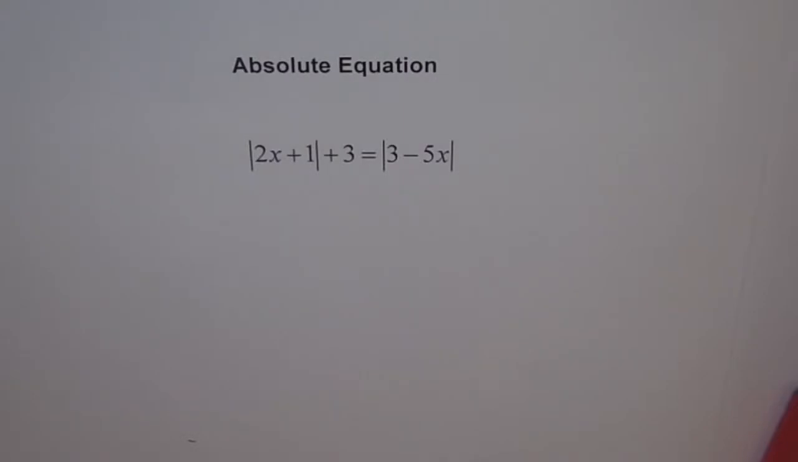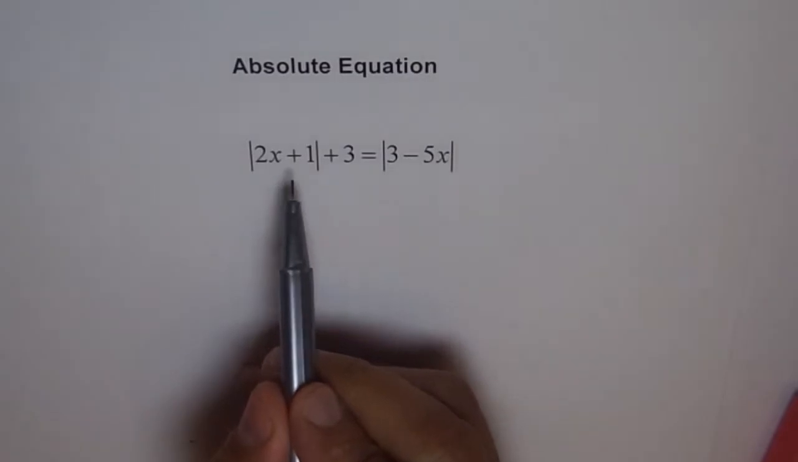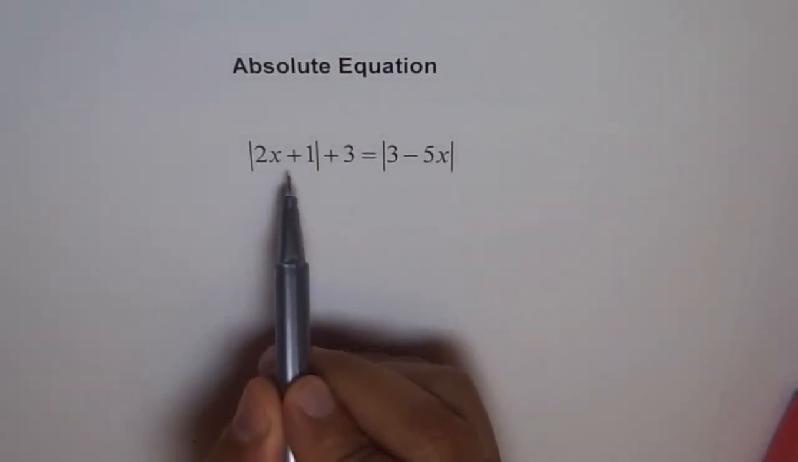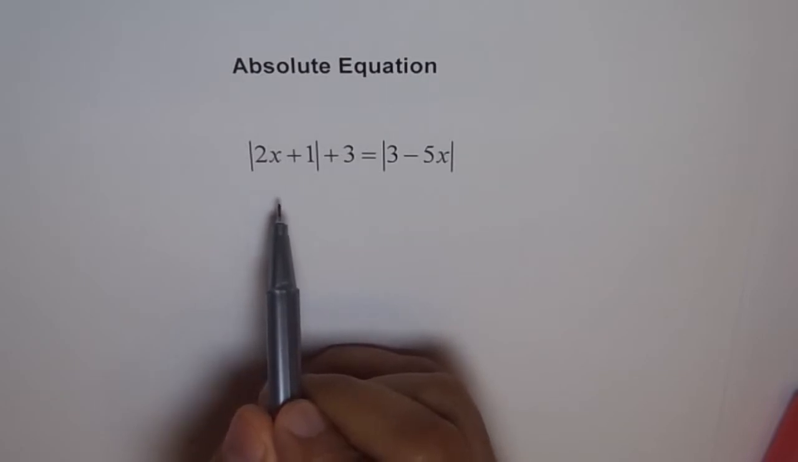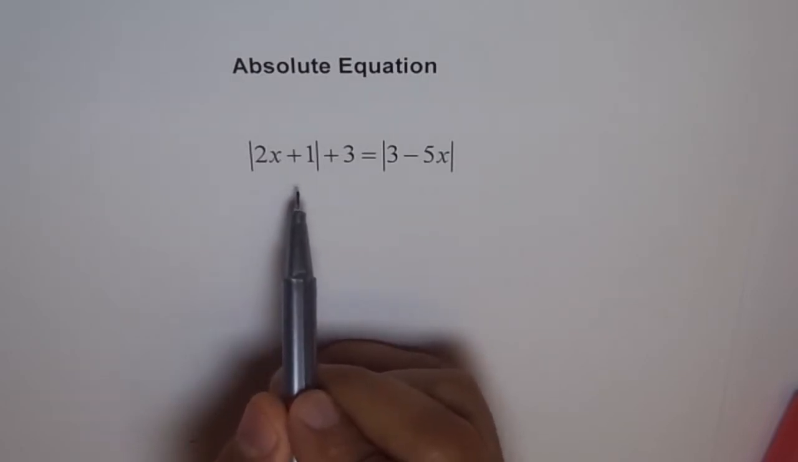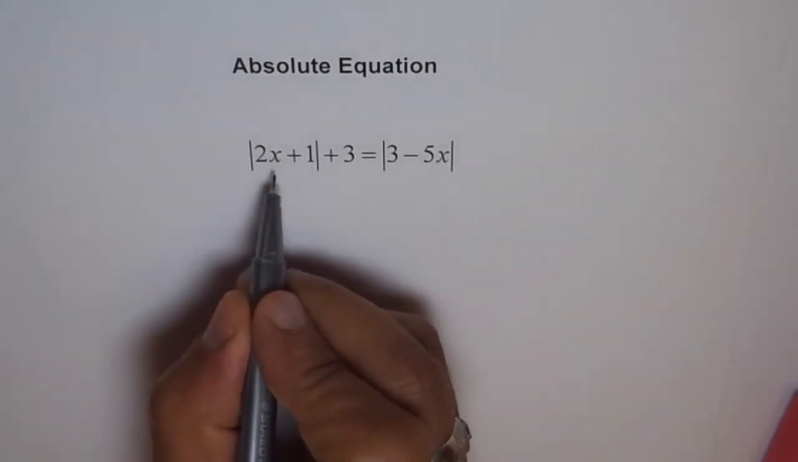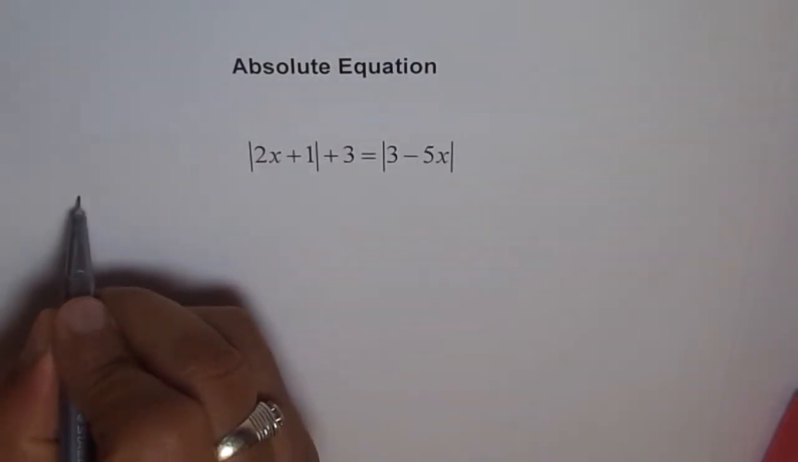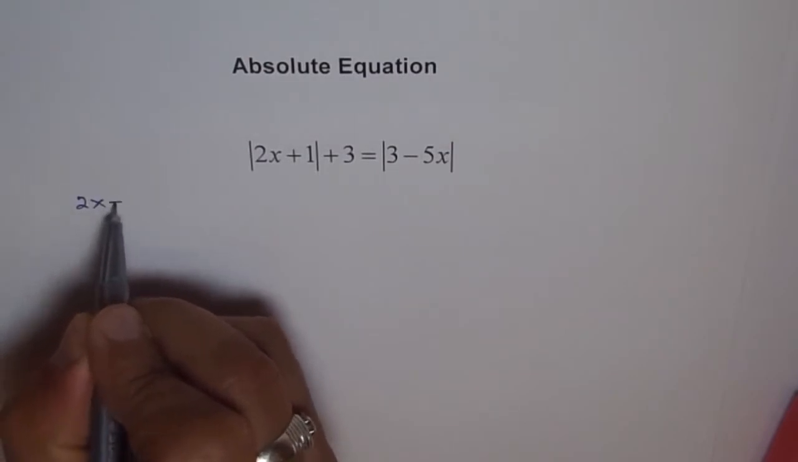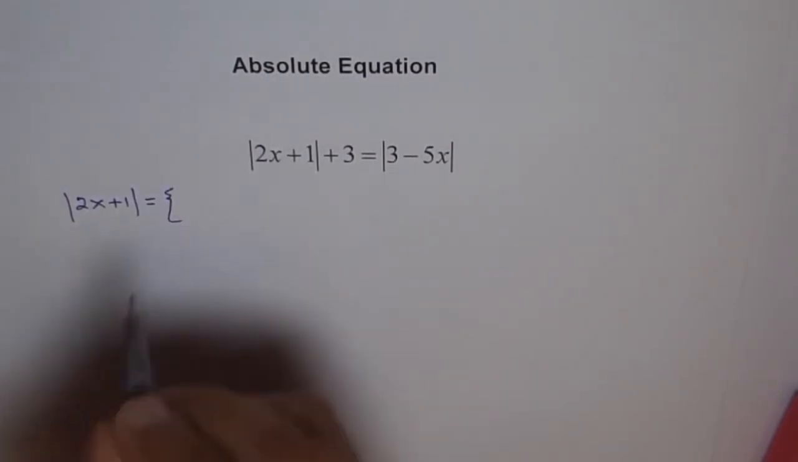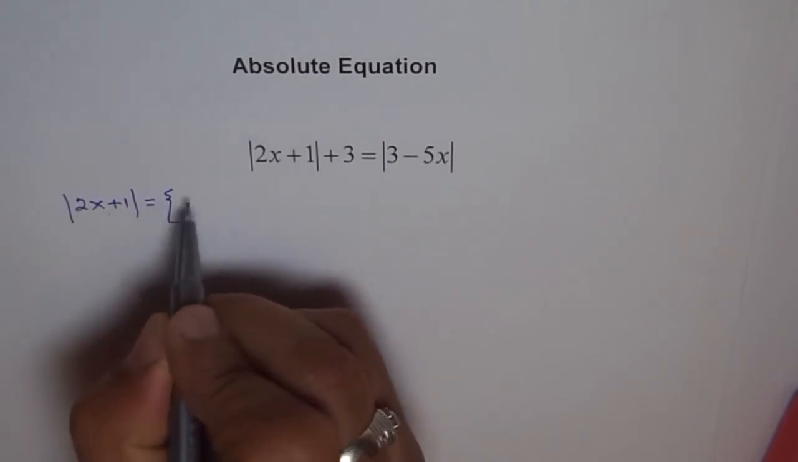Let's try to solve absolute equations. Now here we have two absolute functions and we should be in a position to write them as piecewise functions and then solve the equation. 2x plus 1. So let's see what the absolute value of 2x plus 1 should be. The absolute value of 2x plus 1 is actually defined as plus this value, the same as 2x plus 1,